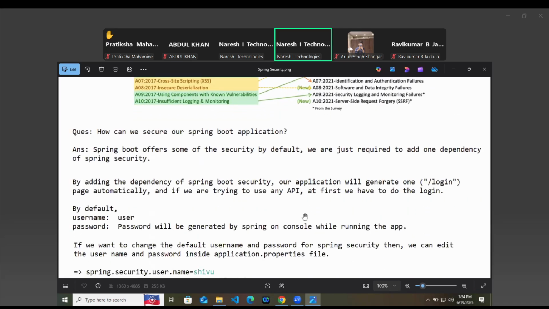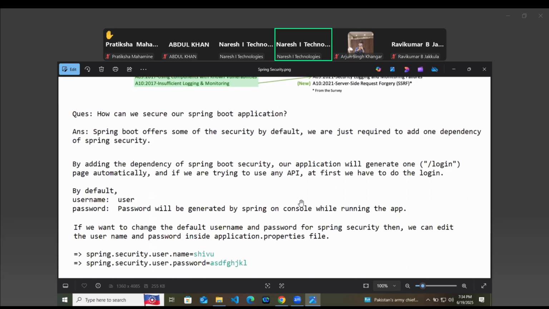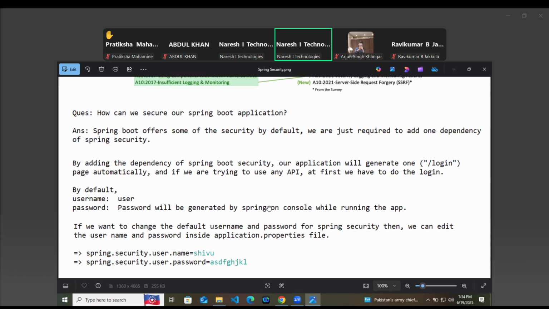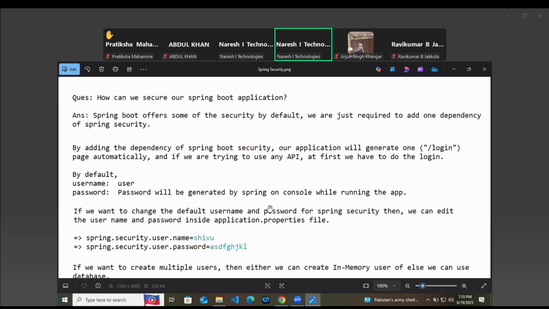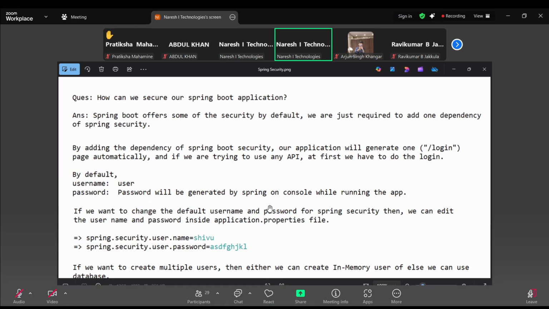Then we discussed how we can secure our Spring Boot application. Spring by default provides us the security in the form of a dependency, and that is the Spring Boot security starter.